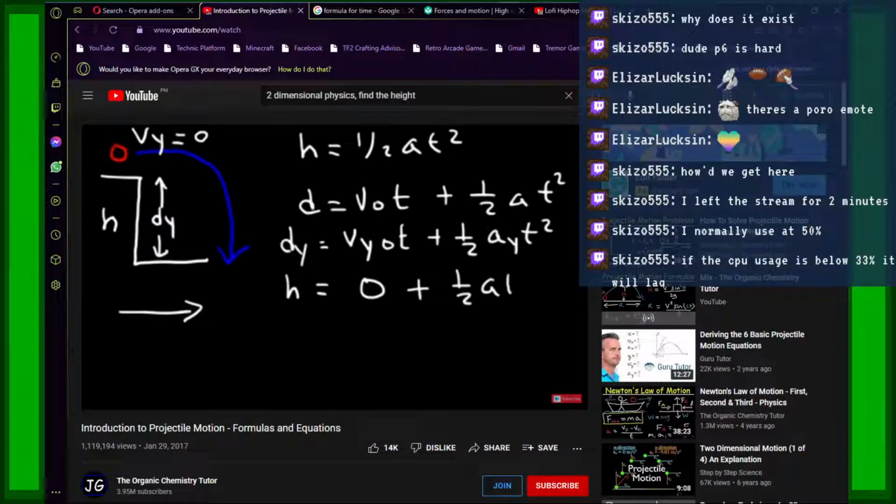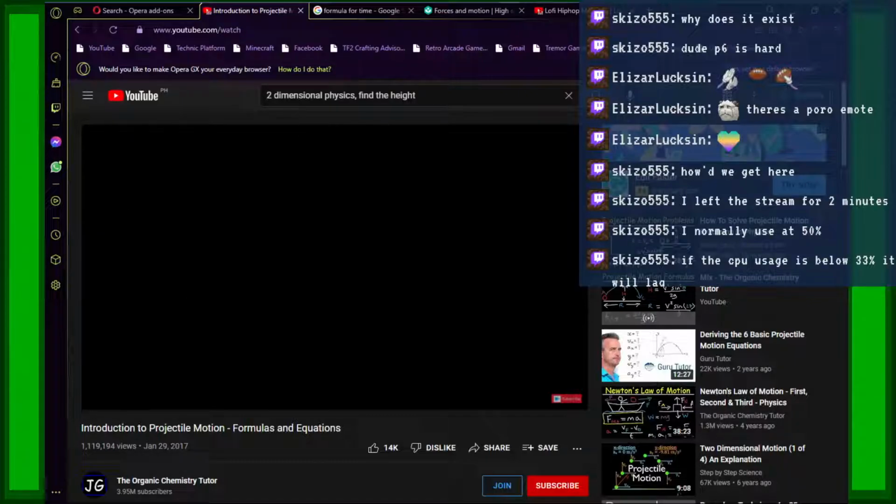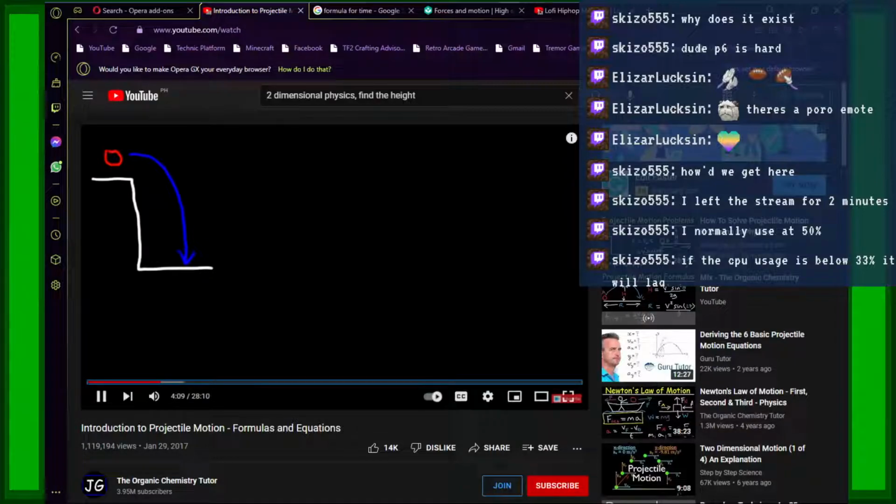So h is equal to 1/2 a t squared. Let me just redraw this picture. So make sure you know the first equation that we just mentioned. Now, in addition to knowing this equation,